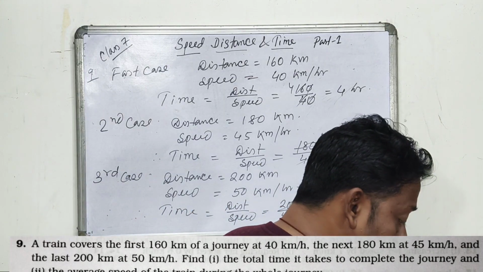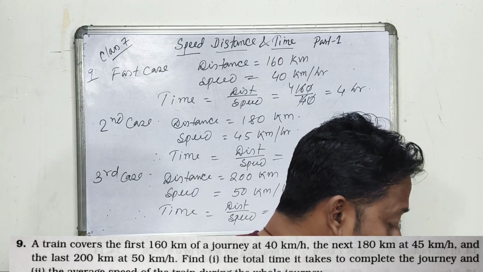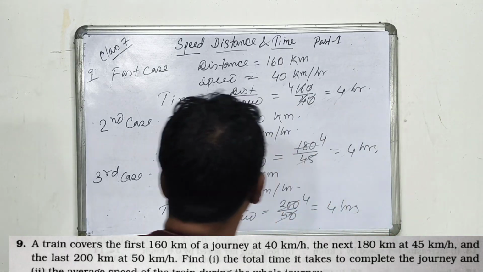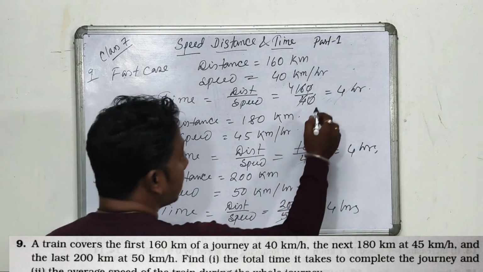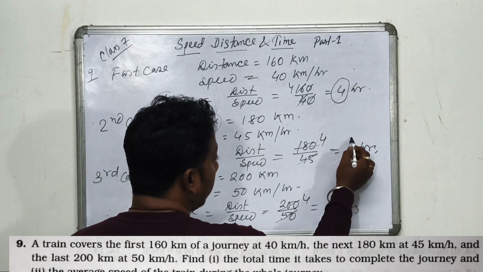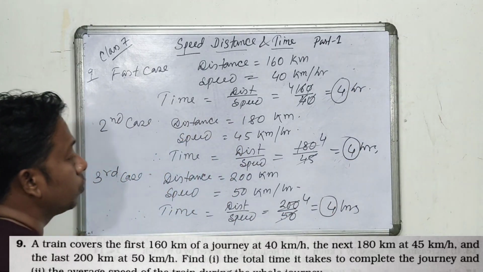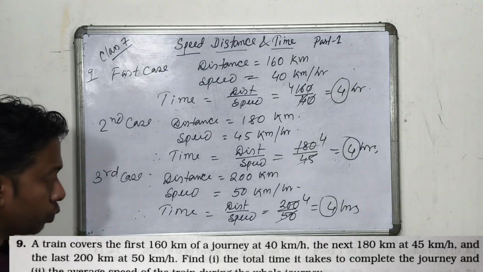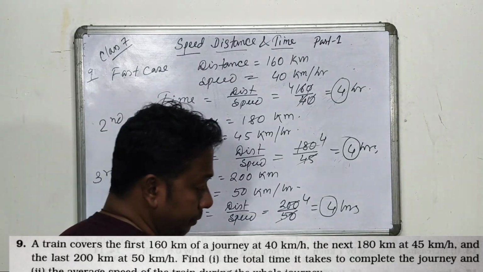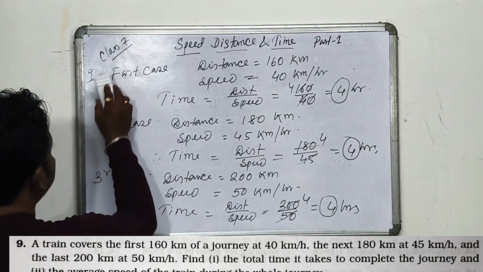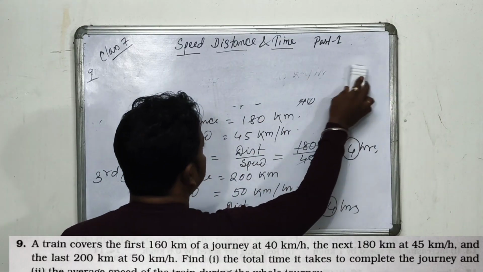Now the question is asking the total time it takes to complete the journey. Therefore, total time: in the first case the train took 4 hours, in the second case again 4 hours, in the third case again 4 hours. So therefore, the total time taken by the train,